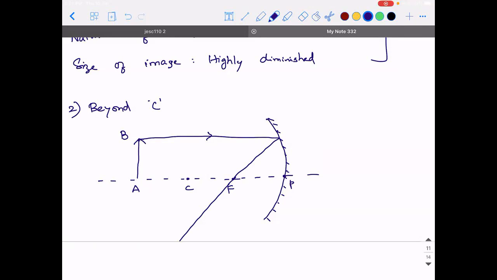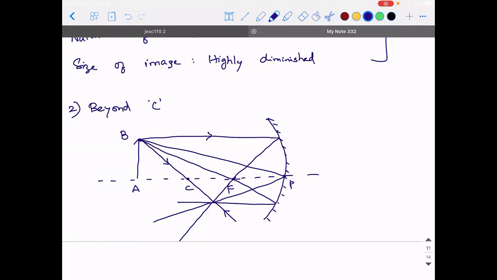Students, are you able to hear me? Yes, sir. Good. So, if I take another ray through the center of curvature, then it will retrace its path. In a similar way, if I take a ray hitting the pole, after reflection it will travel back symmetrically, right? Similarly, if I take a ray through the focus, after reflection it will pass parallel to the principal axis. See, first, second, third, and fourth.